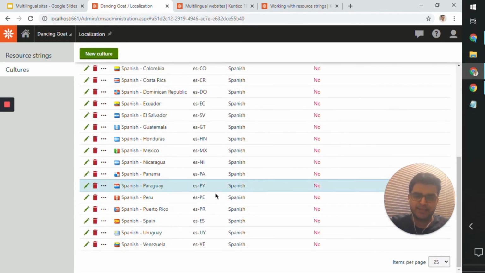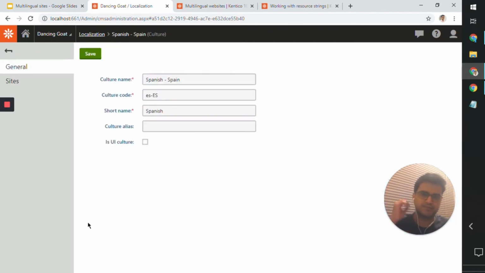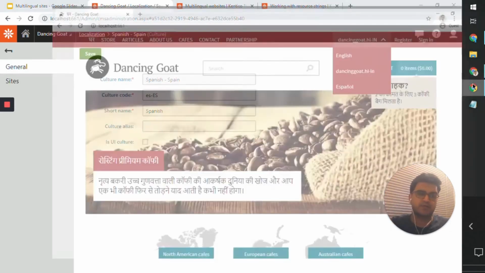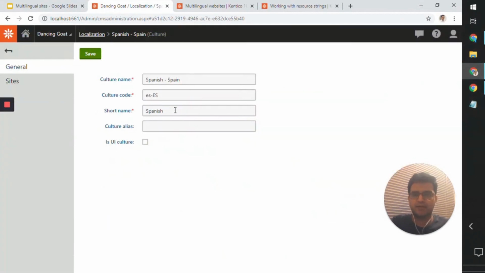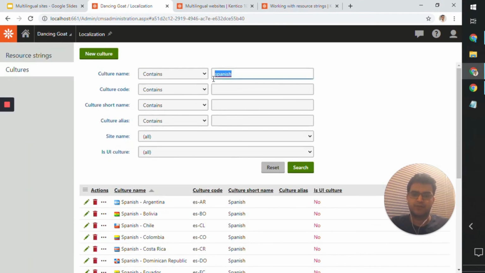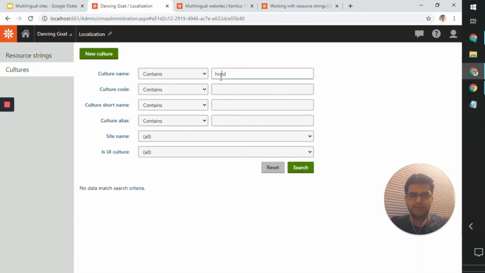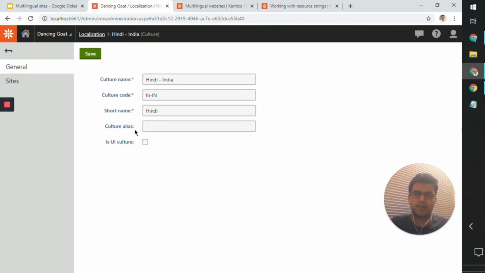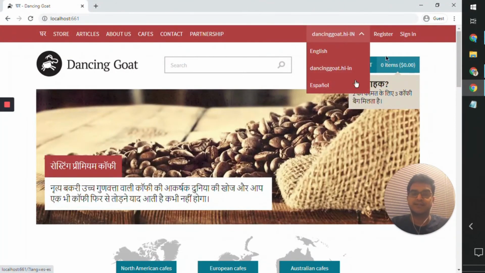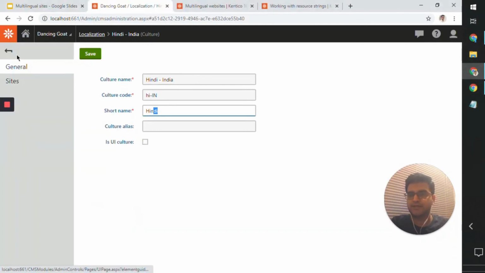this was es-es. It's not really translating it into Espanol. So it says Spanish, but of course if you search for Hindi here, I misspelled it, although it says it has a short name for that, it obviously still does not show up in the dropdown. So to fix this, the